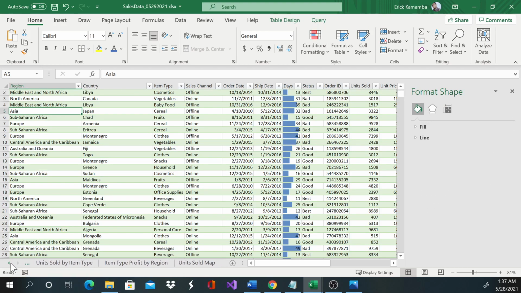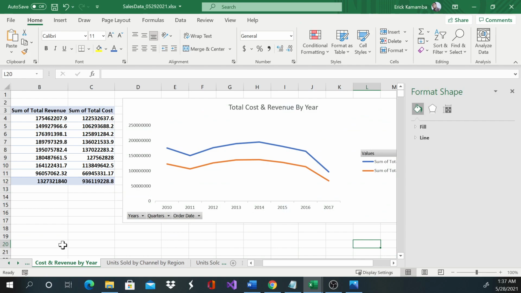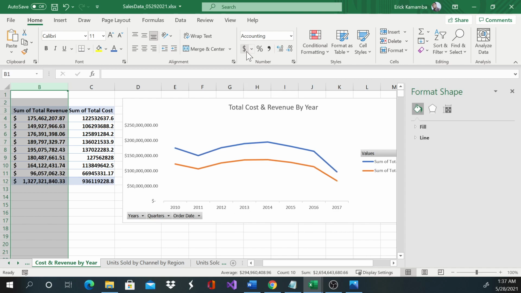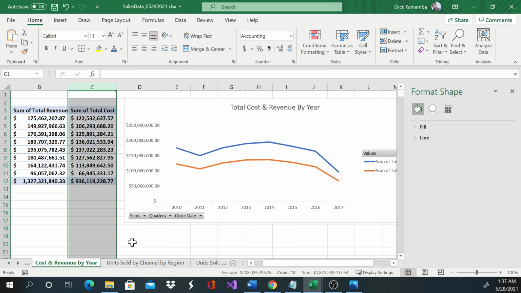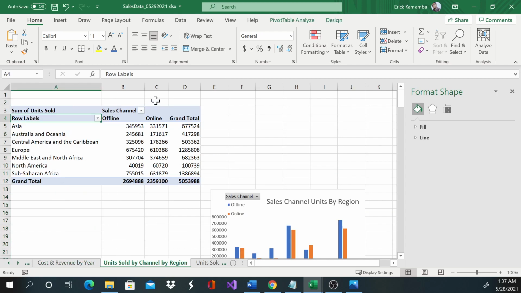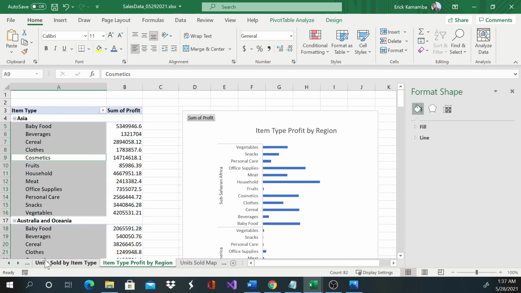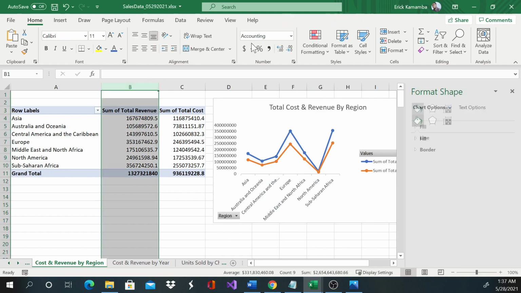Oh, maybe I'll just go to this here, and I'll change this to, oh, it's already in county. These are just unit, item type. I'll go ahead and change this to